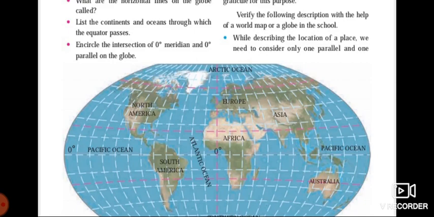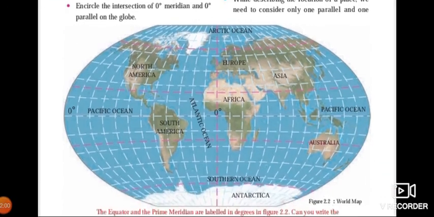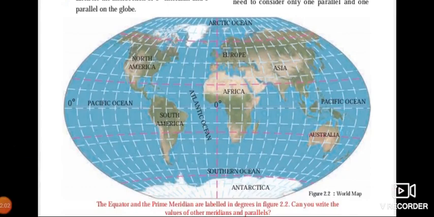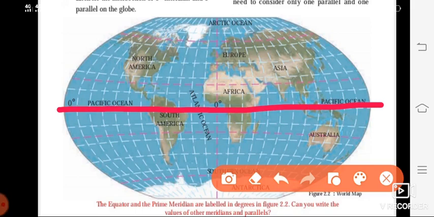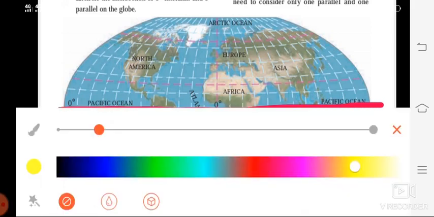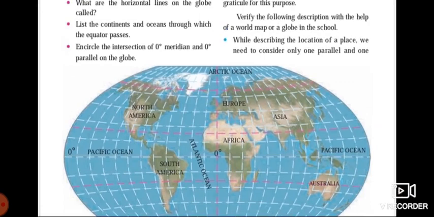Now let us search for the oceans through which this equator is passing. Okay. So I'll take the map a little bit up, and now first we will highlight the equator. So this is the equator. Now oceans, which are the two oceans? You can see here. Pacific Ocean and Atlantic Ocean. Yes, two are given. So just write there 2. So the next answer you are going to write, oceans, that is Pacific and Atlantic.